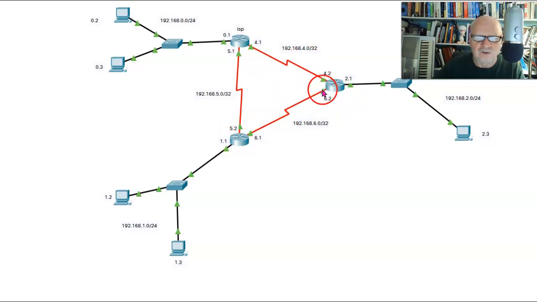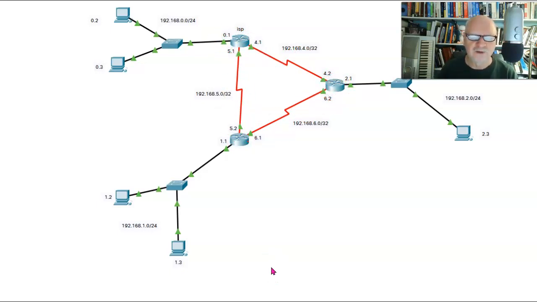It has a 192.168.6.2. The backup designated router would be 192.168.6.1. That would be this one. And then this one, 5.1, would just be a druther. Now again, remember that because these are point-to-point links, we won't actually see this on this particular network. It would have to be a multi-access network for that to happen. So this is called a point-to-point network here. So that's what it does.